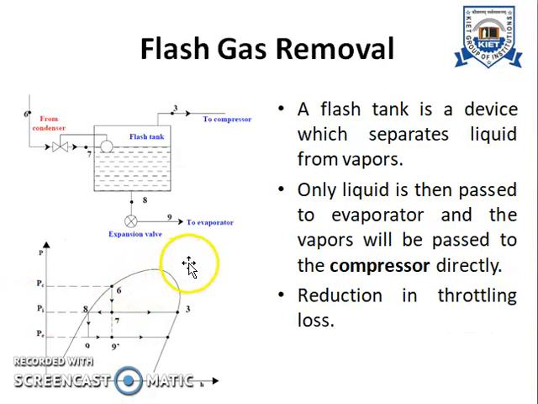Okay, and this slide helps us to understand the concept of flash gas removal. Now this is a technique where the liquid refrigerant and vapor refrigerant are separated. In flash intercooling we are not separating the liquid and vapor refrigerant. So in this case we separate the vapor refrigerant in a flash tank and allow it to move to the high pressure compressor, and liquid refrigerant is allowed to enter into the low pressure